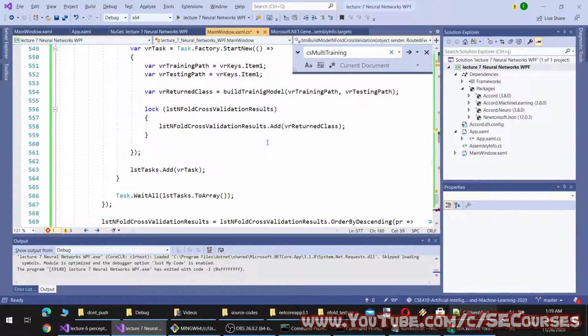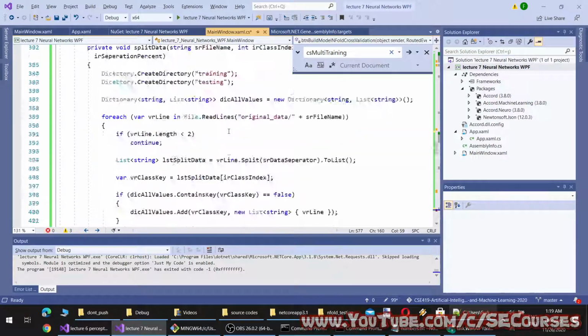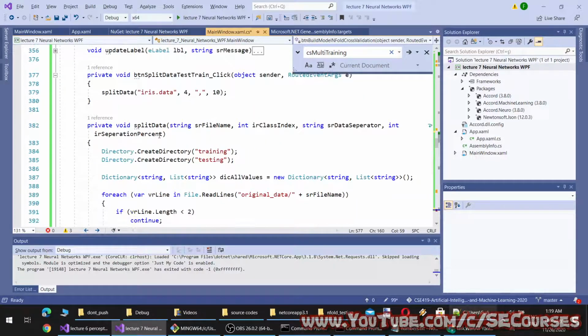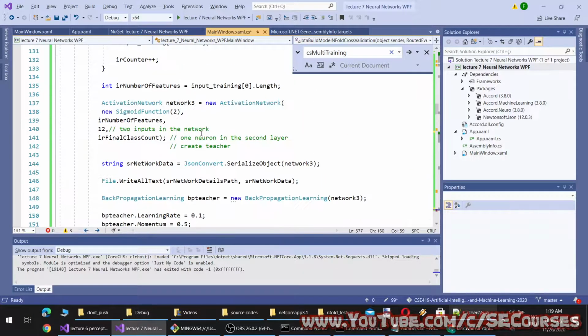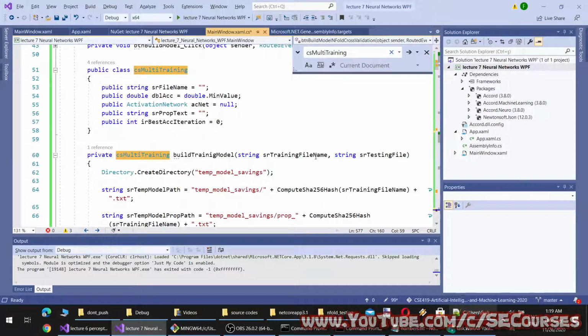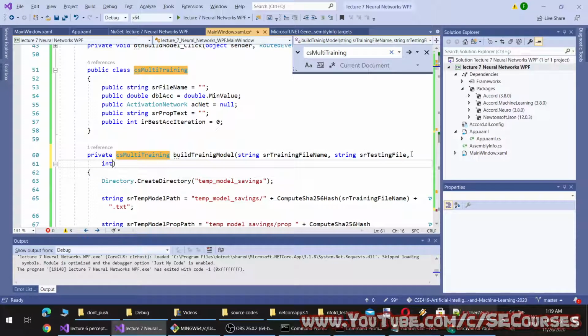So I'm going to set the max iteration count here also. Iteration count will be equal to, by default, let's set it 1 million.